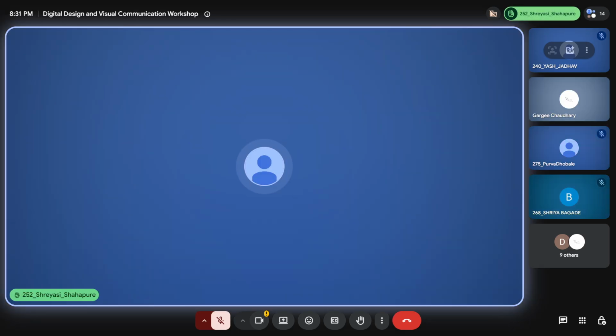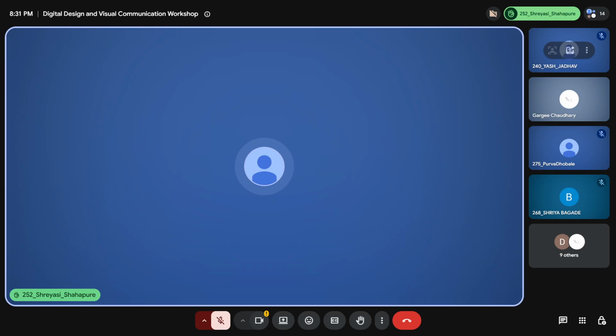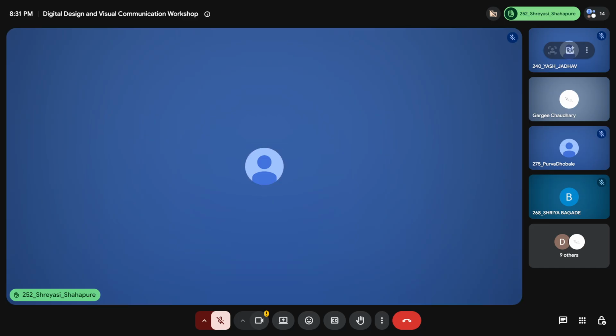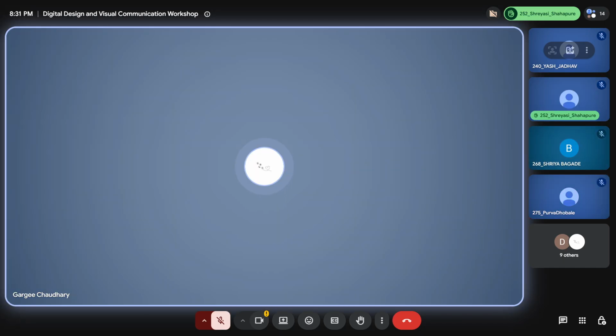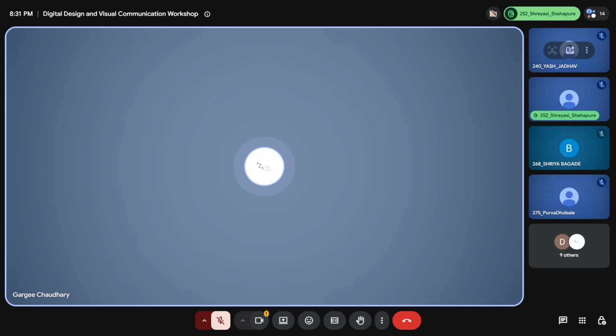I had a doubt. Can I directly launch a website through Figma? No, I don't think you can launch a website. This is basically just for the UI of the website. I don't think you can put the actual code behind the Figma, like the website to the Figma design.